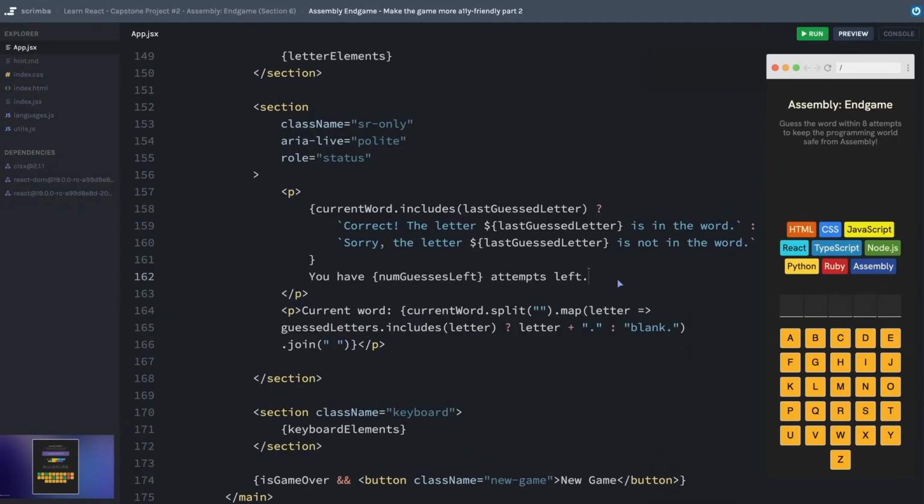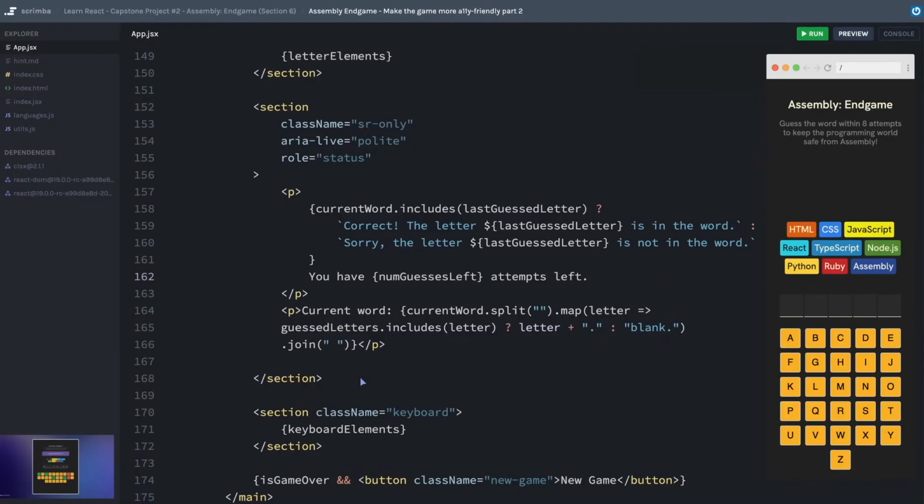And with just those few updates, maybe a dozen or two lines of code, we have now made this app much, much more accessible for those using any kind of assistive technology. Of course, it's also important to make sure you go through and make sure that your contrast ratios are good enough and everything like that. But what we've done here marks a huge step forward in the accessibility friendliness of this app.